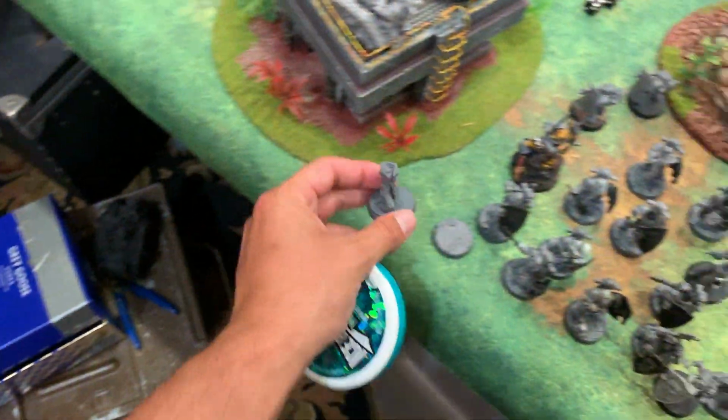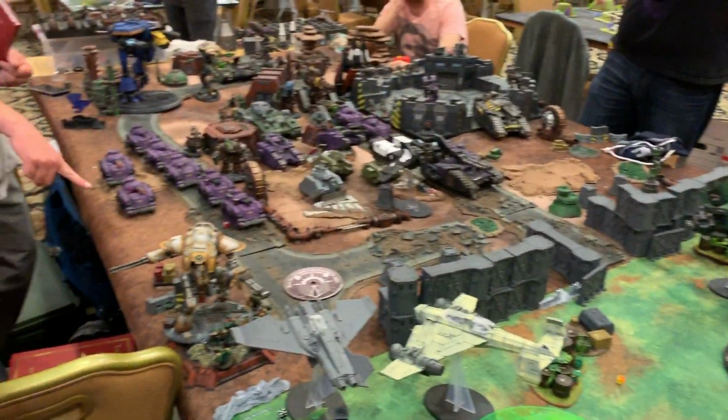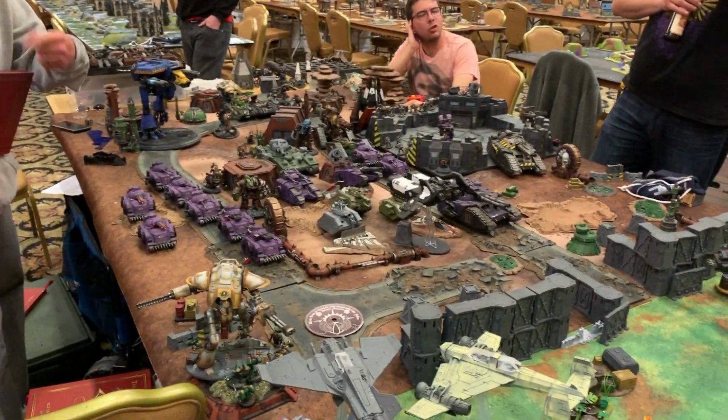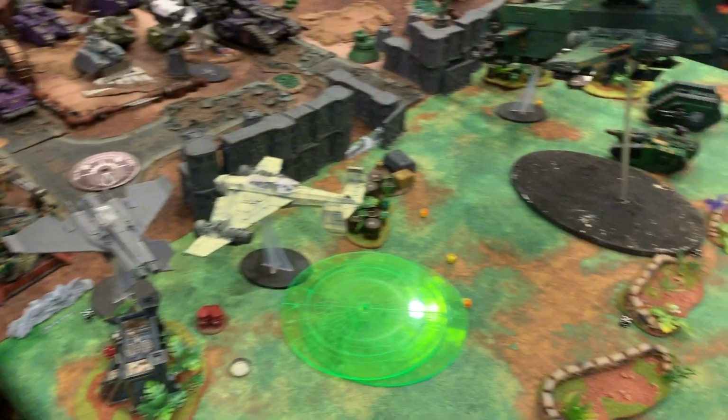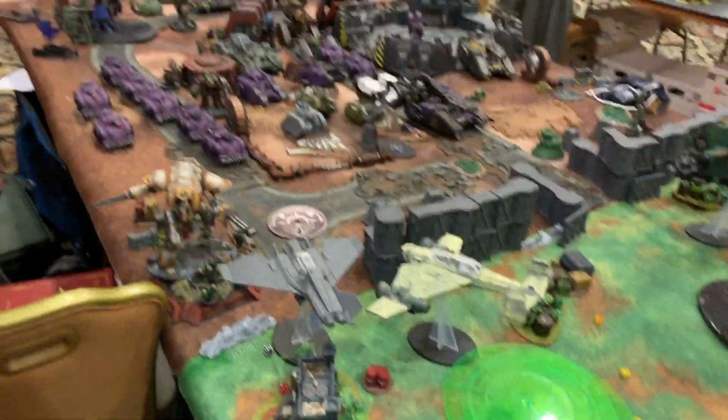Oh my goodness. There's a Marine on the floor here. See what happens next turn, or if we're trying to whittle down this column of vehicles before it starts getting into our lines and scoring points. Oh, unwieldy just makes